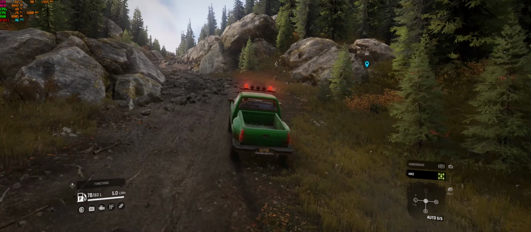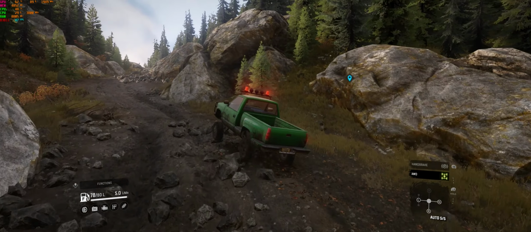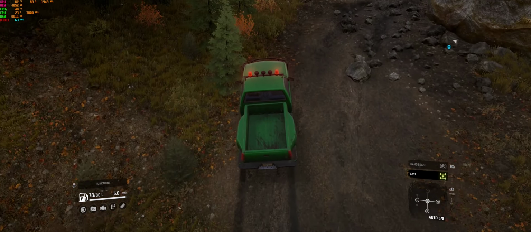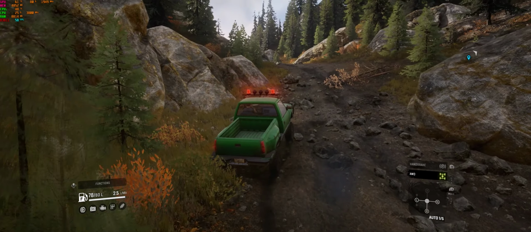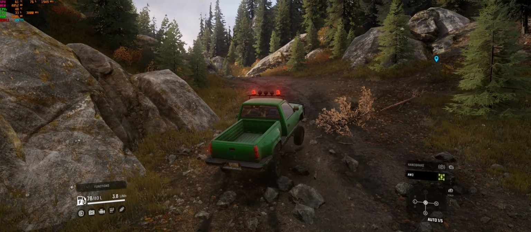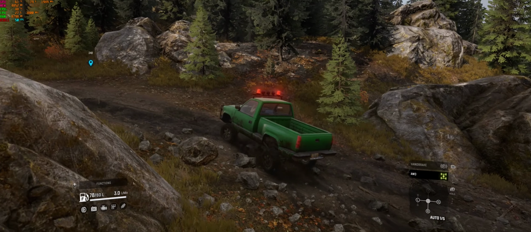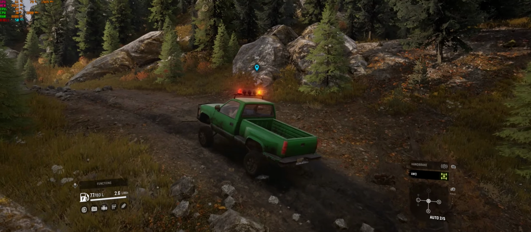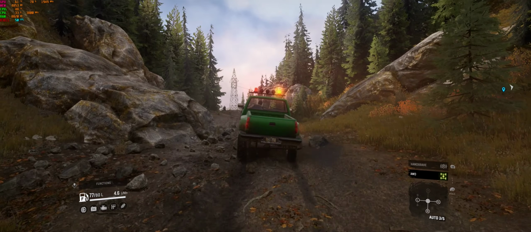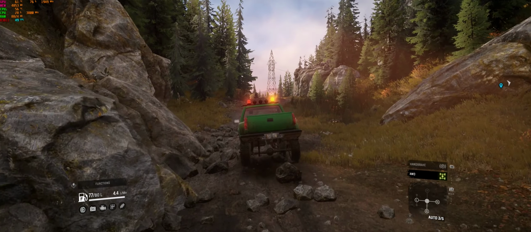No, the V8, I think the V8 actually makes quite a big difference. You see, we're not losing any speed. We're in 5th gear going up this hill with auto engaged, no low range, just cowering over these rocks. You see, you need this extra clearance. You do definitely need the raised suspension, but